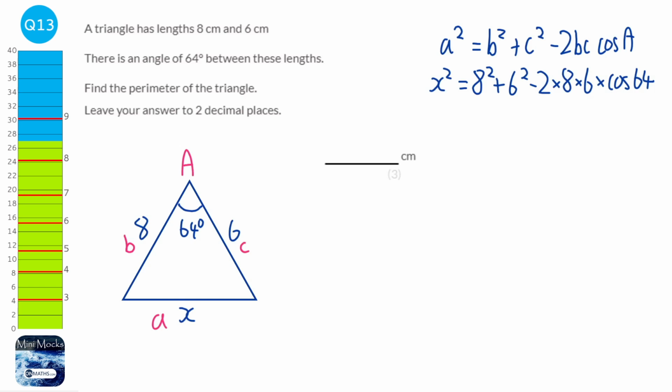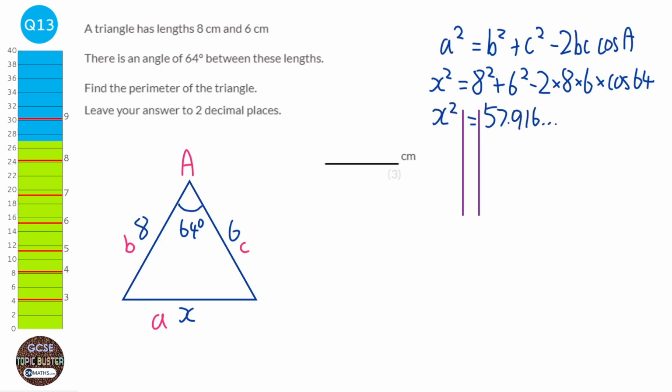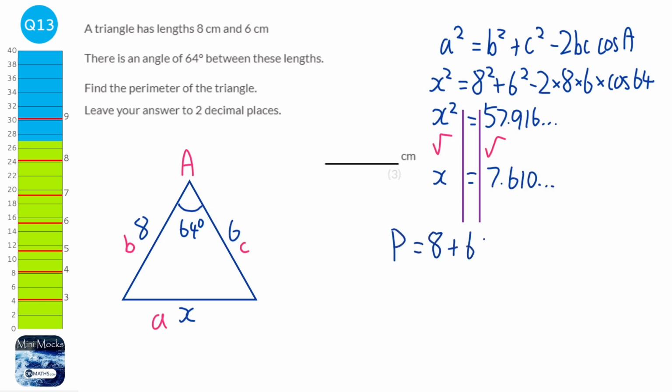And that will be x squared equals 57.916... And we just need to solve this, and we can solve it by square rooting both sides. So it would be x equals 7.61000... Okay, we're asked for the perimeter, and so we need to do 8 plus 6 plus